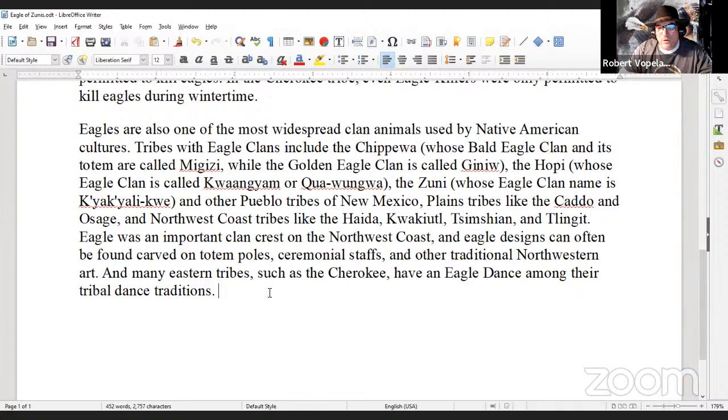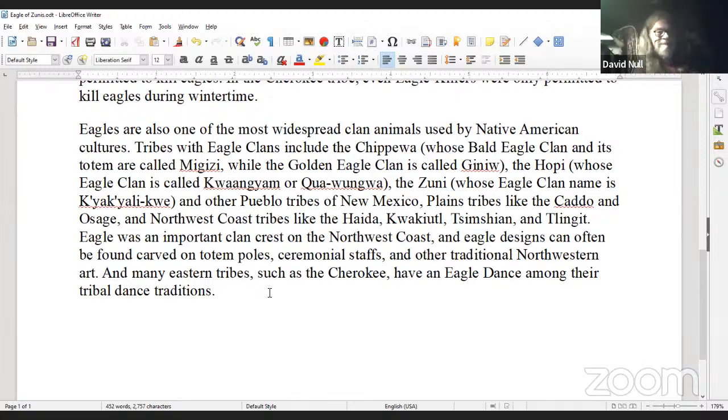Plains tribes like the Caddo and Osage, and northwestern coast tribes like the Haida, the Kwakwaka'wakw, the Tsimshian, and the Tlingit also have eagle clans.